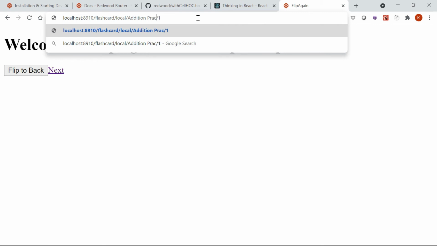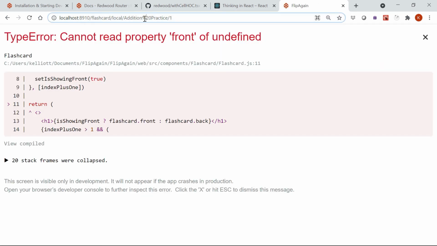So the thoughtful among us will say that this may not work as expected if you didn't appropriately consider the space. It turns out Google Chrome will convert that space to a %20, which is what spaces are converted to in URLs. So this %20 represents a space. So it's encoding the URL. And I've observed that Redwood Router doesn't decode it on our behalf, which is fine, but we need to decode